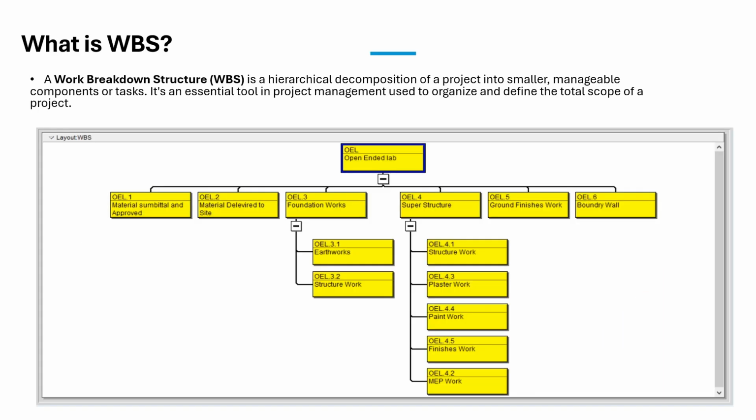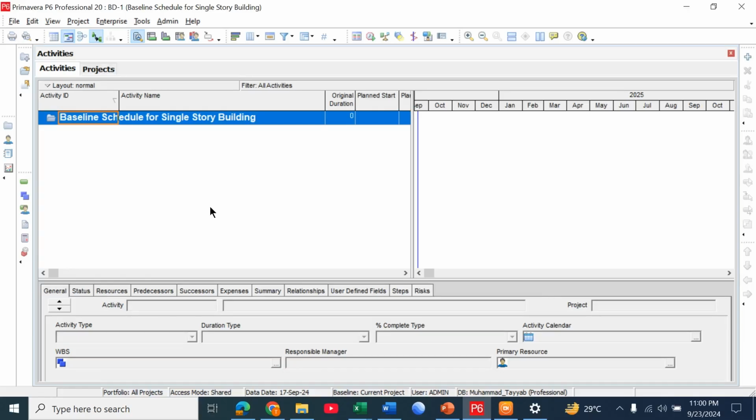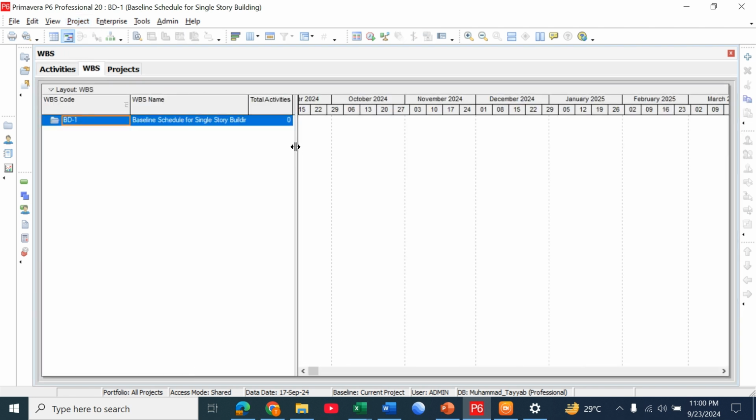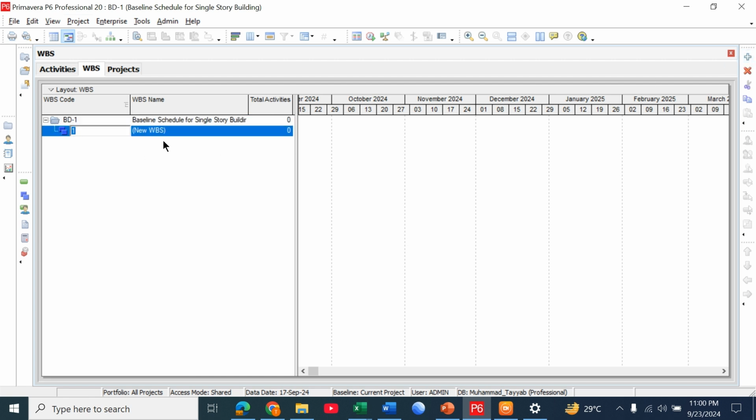In Primavera, you can add WBS by simply clicking on Project, then WBS. Here the WBS window is open. You can also access WBS by clicking the WBS icon, then the window will open. Now we will add WBS step by step by clicking this plus icon. Then we will write it as